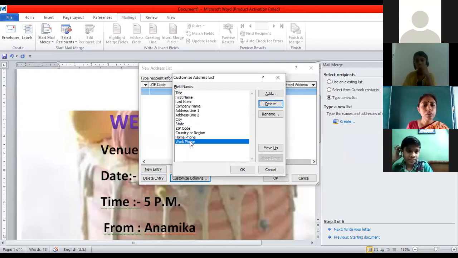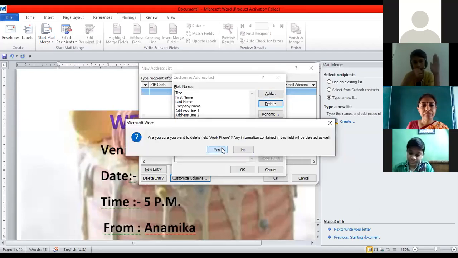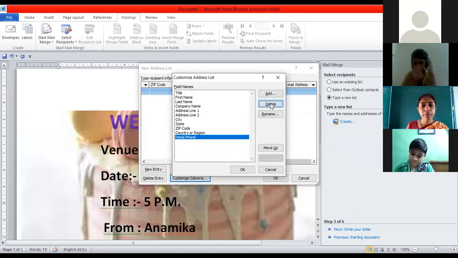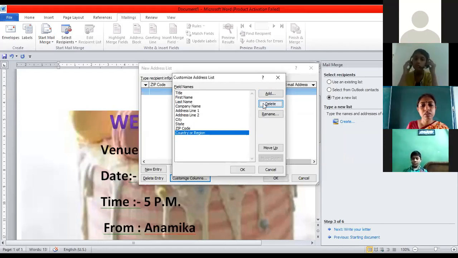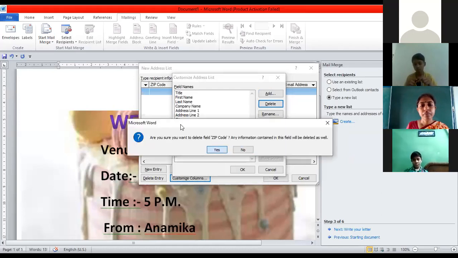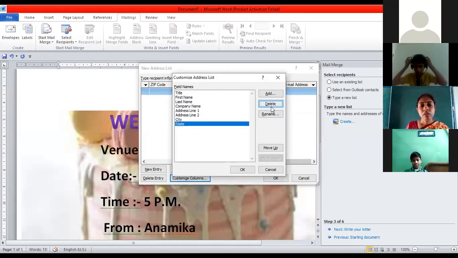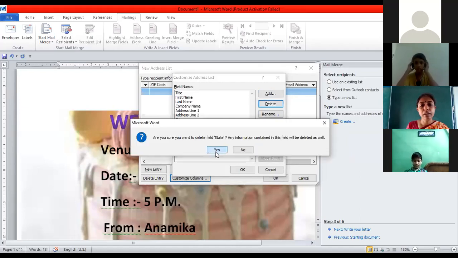Then phone, not required, delete. This one also not required, delete. Country, no need, delete. Zip code, no need, delete. State, not required. City, not required.